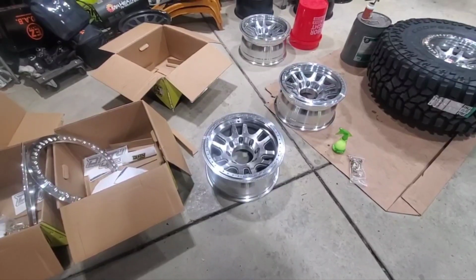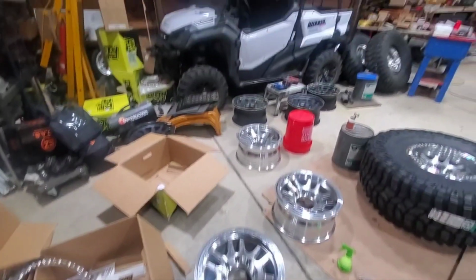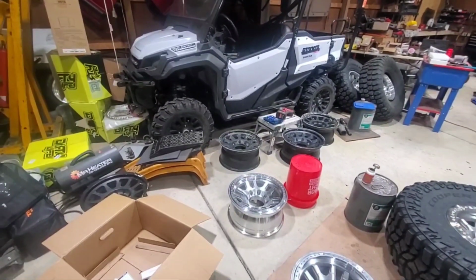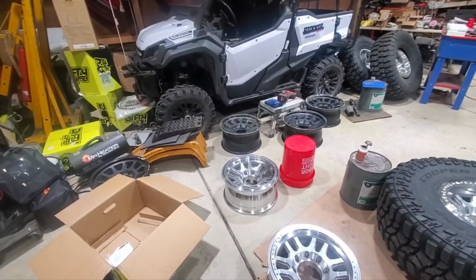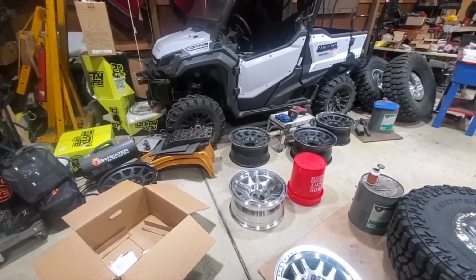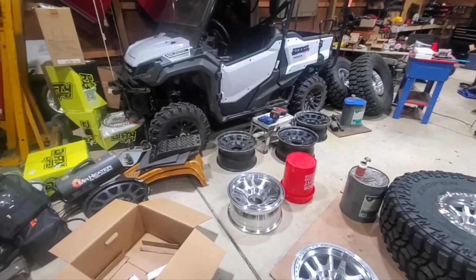3.5 inch back spacing. That's going to be the game changer. The Methods are 4 3/4. So I'll show you in another clip here. To run those Methods, the Methods do bolt on the truck without any issues, but